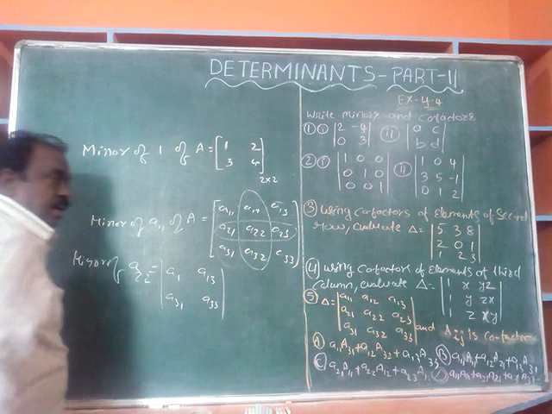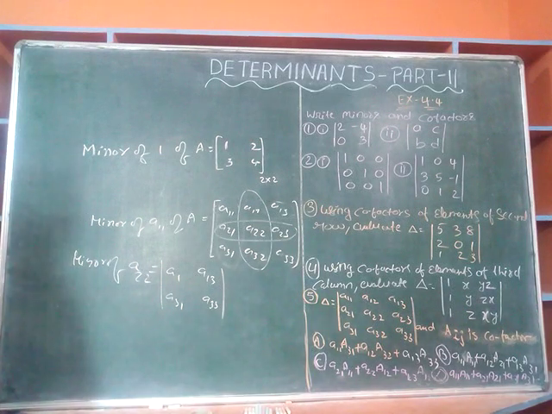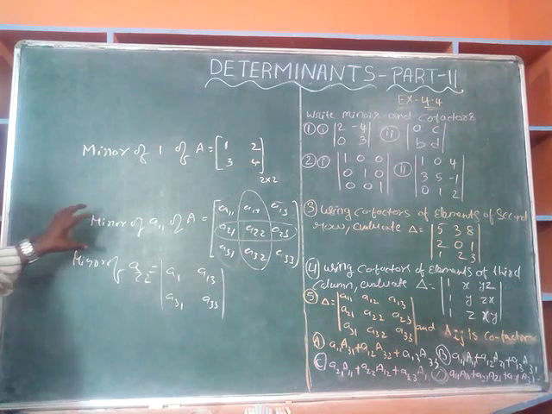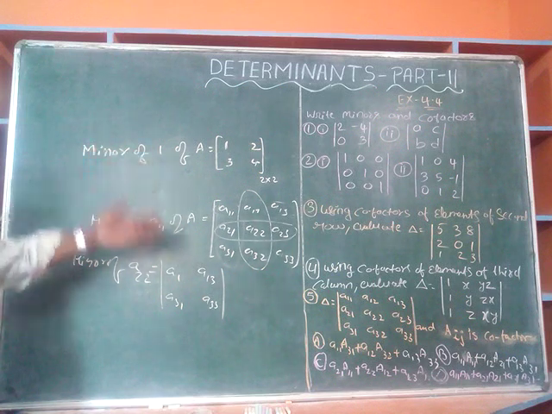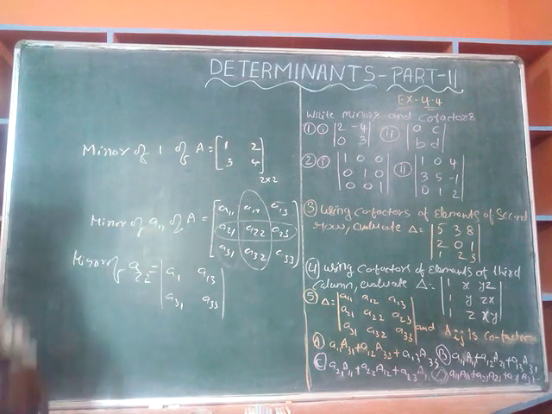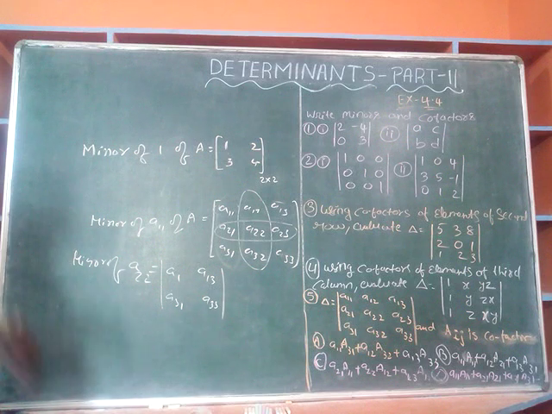Now you find the determinant. That we know. Like this it is going on. It is clearly given in the definition. But now, the minor of a 2 by 2 matrix. Here the matrix is 3 by 3, and for a 2 by 2 matrix also it is the same concept.